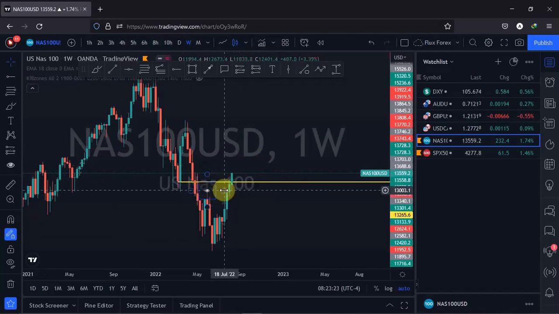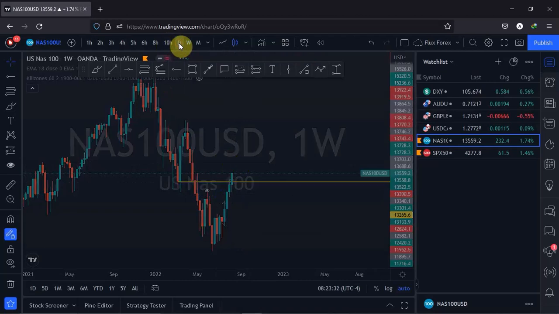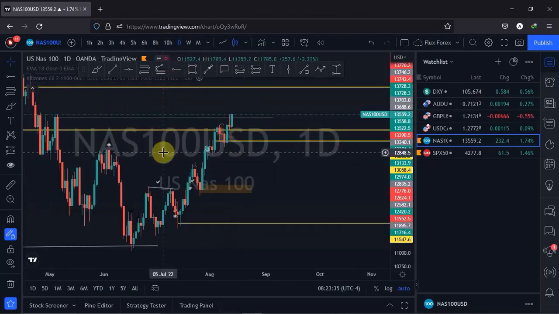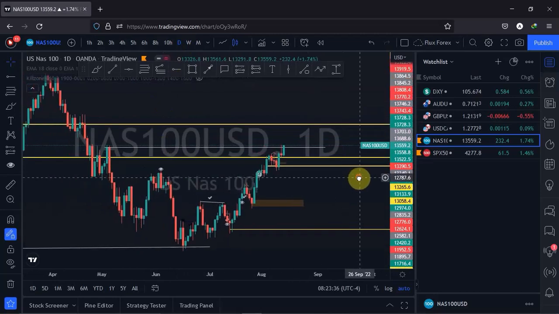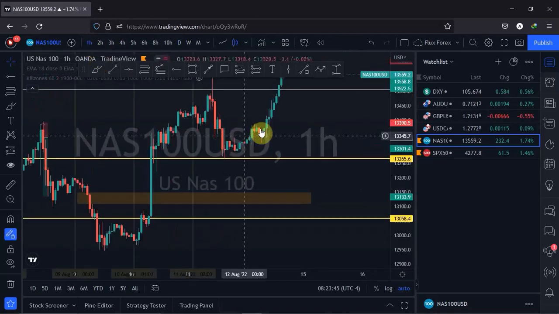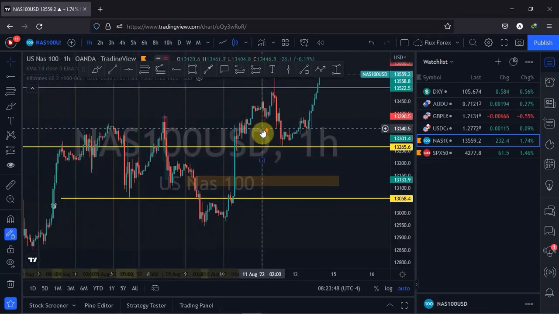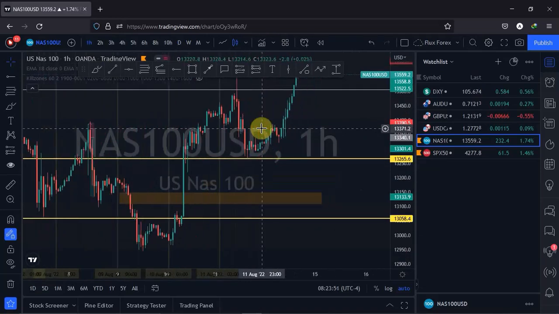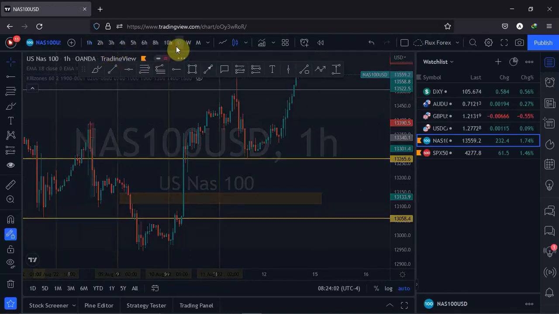I was expecting to see price reject this zone, and we see a move to the downside, but we are still seeing that push to the upside. So going into next week, I'm still going to be looking for bullish prices on Nasdaq, just as I wait for the low of the week to form, then I'll partake in Nasdaq trades. So that is just that for Nasdaq.